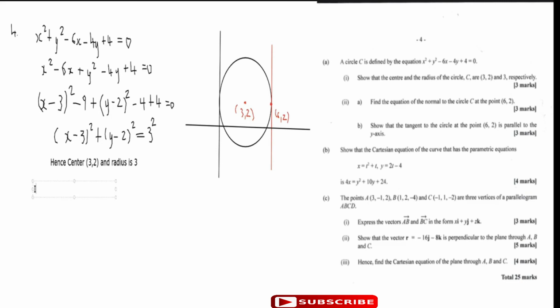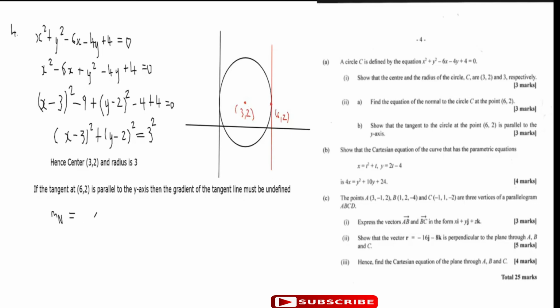So if the tangent at 6, 2 is parallel to the y-axis, then the gradient of the tangent line must be undefined, or in other words, infinity. So let's show that. First thing we can start with is finding the gradient of the normal. Now the gradient of the normal is